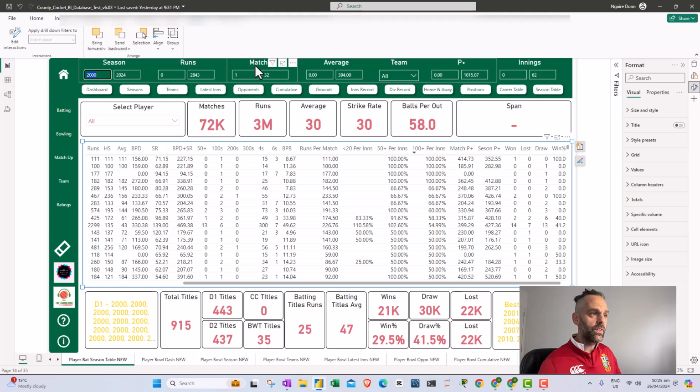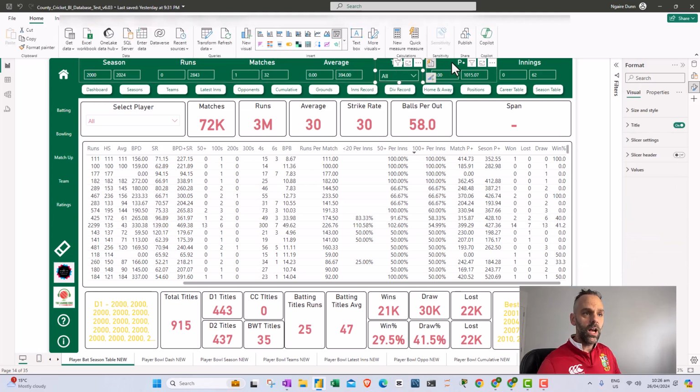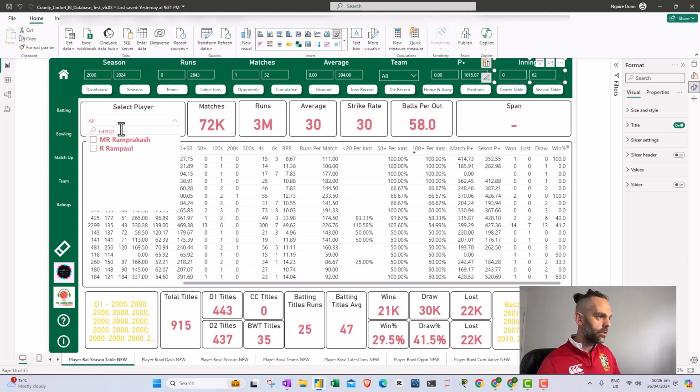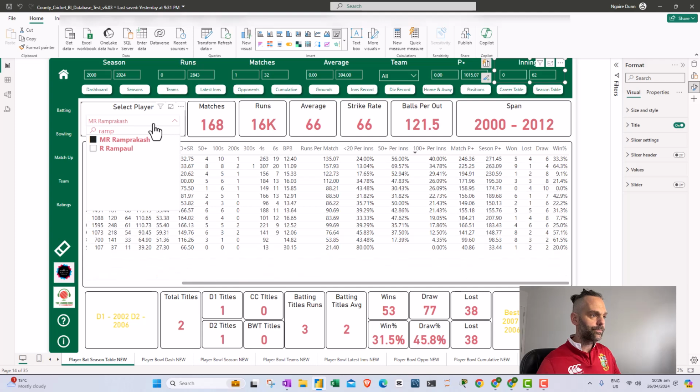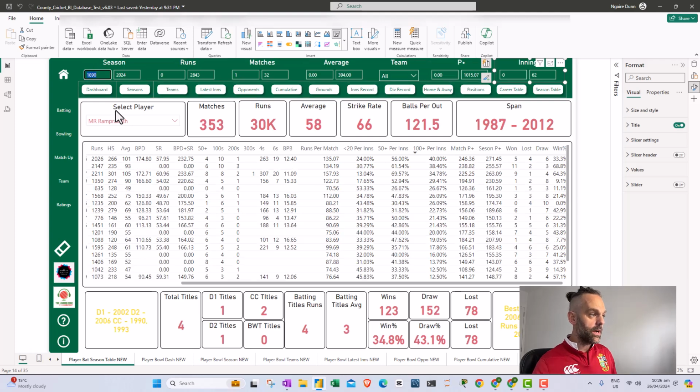And you can do this with the amount of matches someone's played in a season, the average, which team they're on, the performance plus, or the amount of innings that they've had. I'm going to take a look at the player. I'm going to look at Ramps, and I've removed the filters at the top. So this is Ramps. Let's go back to 1890 when